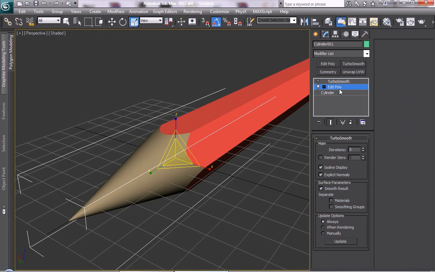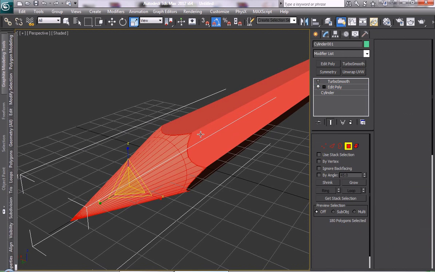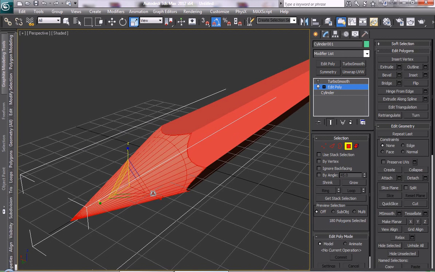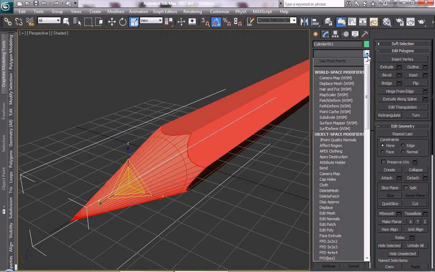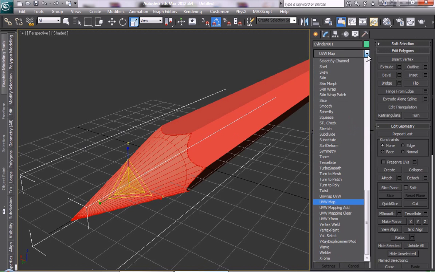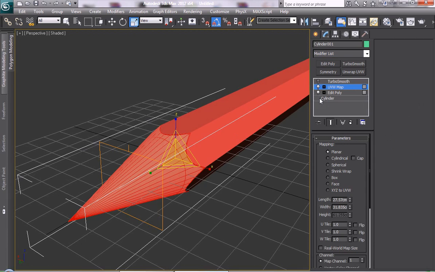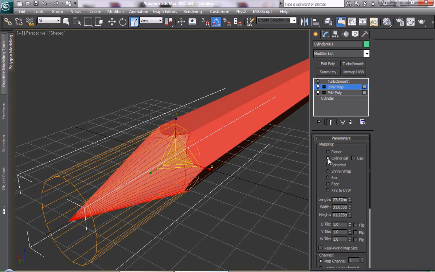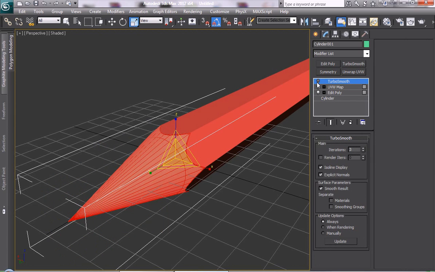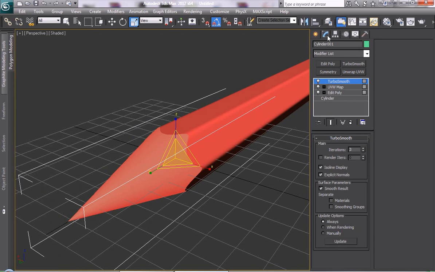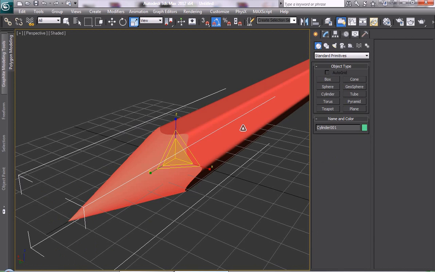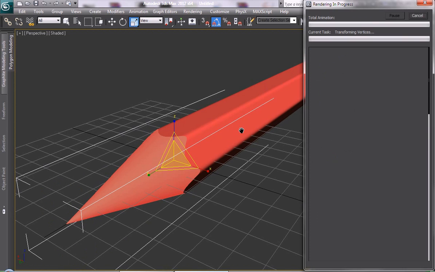So I'm going to get back into Edit Poly. Again, select all these polygons that I want to texture. And I'm going to apply a UV map, which is a pretty simple modifier to create quick texture coordinates. So I'm going to use a cylindrical map, and that's all I need to do. I can turn the Turbo Smooth back on, and if I render now,